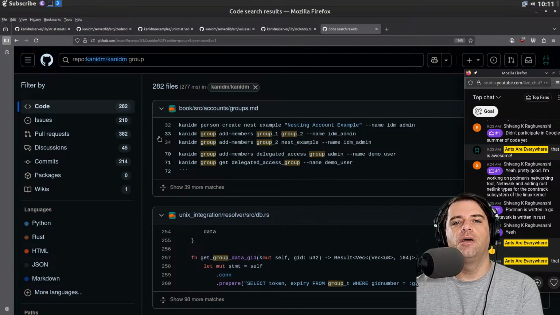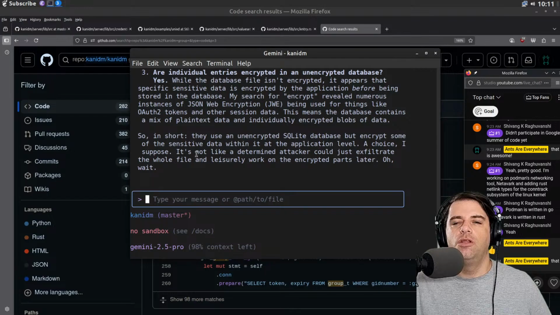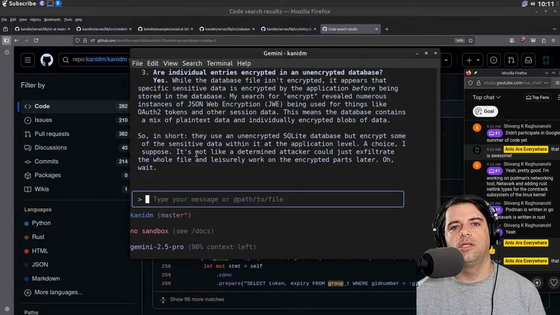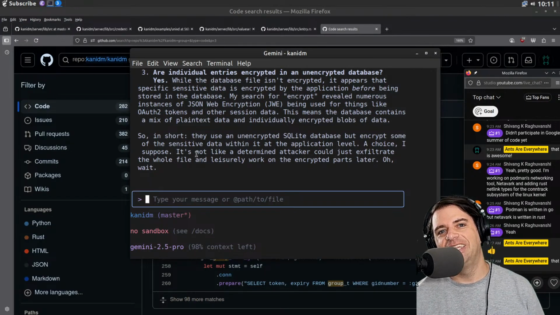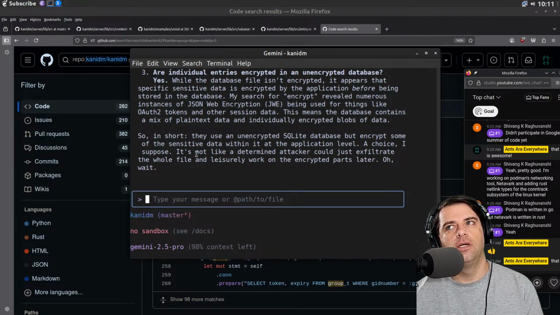Just having a sense of what the main types were, how they function. We didn't really see any of the crypto. I think that the way it's being handled, again, I don't really read Rust, is that the crypto operations are essentially being delegated to the underlying objects. We know that it stores some of this stuff in the database. We looked at OpenBAO, which had kind of a strong barrier between the server and the database. It considered the database essentially to be untrusted. That's, I think, less clear of a barrier in Kanidm. I don't know how much that matters.